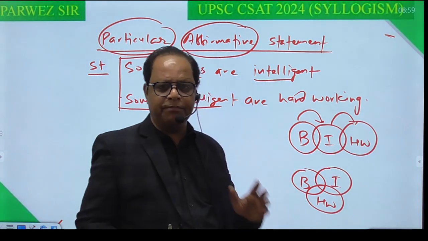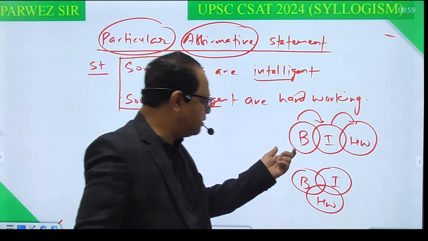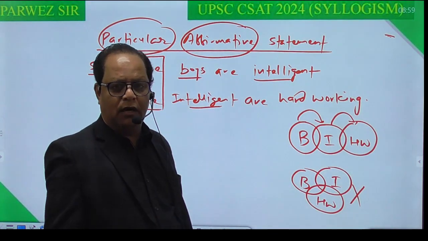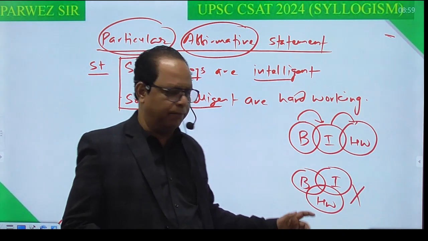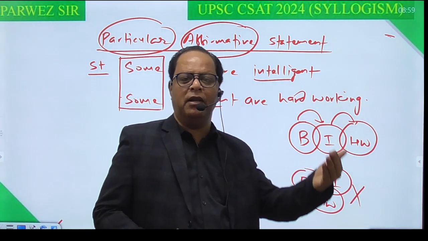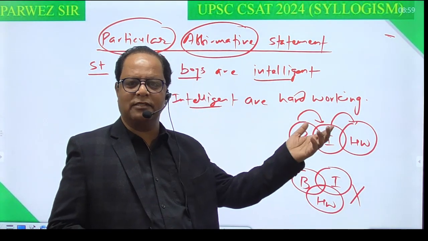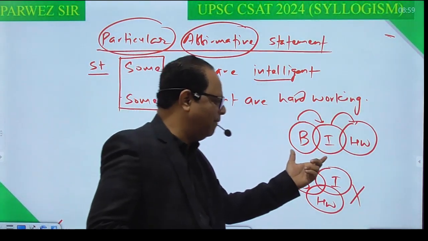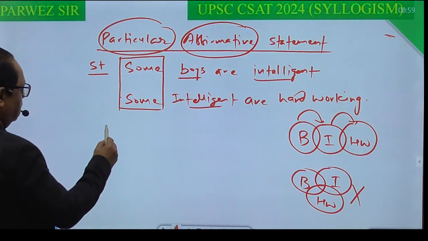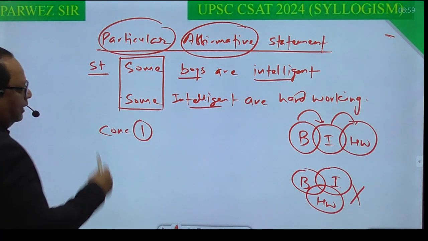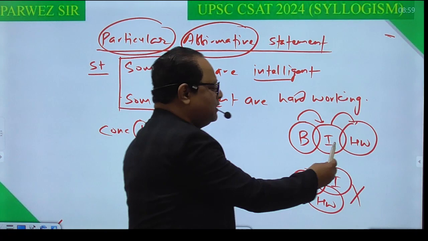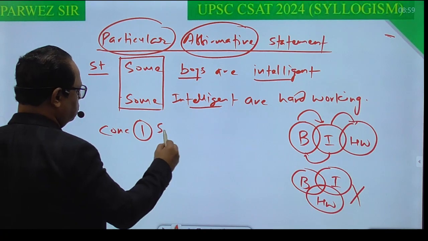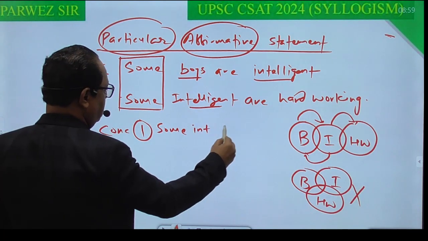If in the question we are not finding any relation between boys and hardworking, we will not draw it in this way. Otherwise, our question will be wrong. When this picture will come, we will see in our next example. But from these statements we can draw only this type of picture. Now taking conclusions. If some boys are intelligent, according to this, some intelligent are boys also. So the first conclusion will be some intelligent are